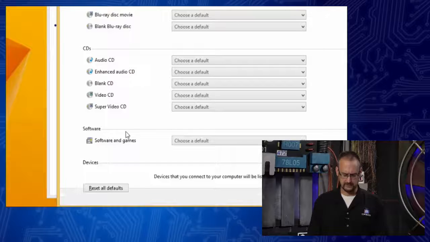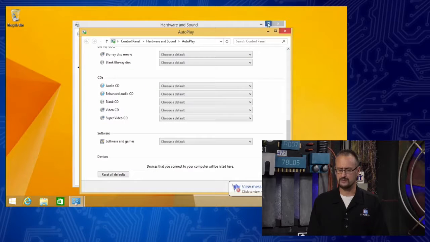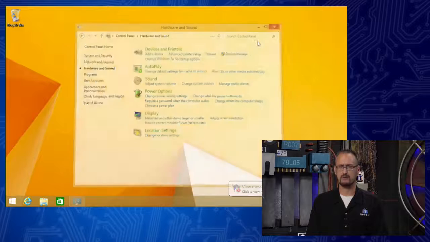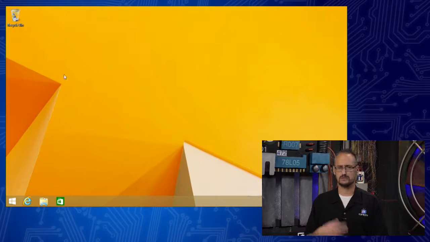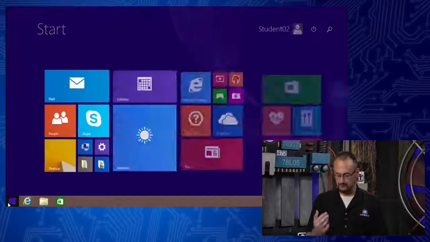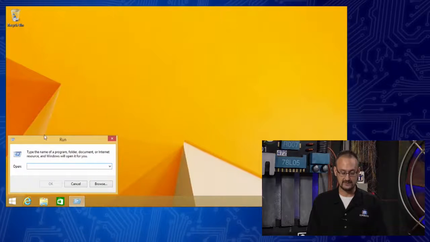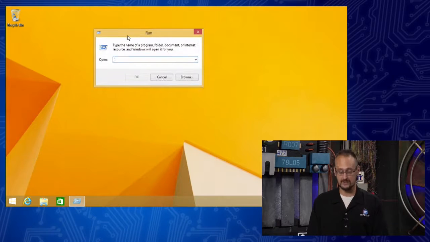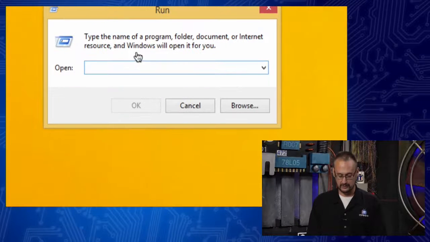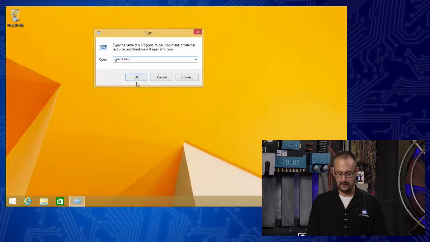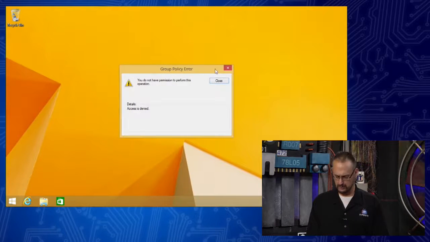In fact, if we'll go back to my machine here, I've been showing you from a centralized environment doing this through Active Directory. That's why Dan and I have kind of stressed that we're showing you some things that you would see in the real world as a help desk technician. But what I think they might do is if I drop down, for instance, the modern UI, or I could drop down to traditional run line, and this is in every Windows operating system that's on the exam, and I could type gpedit.msc, and when we run that, that brings up your